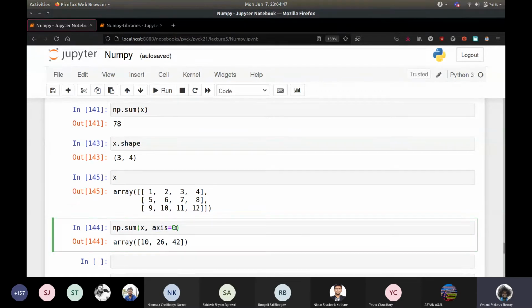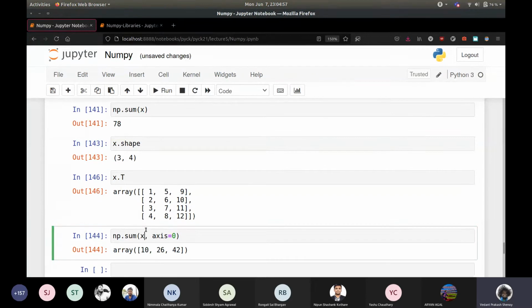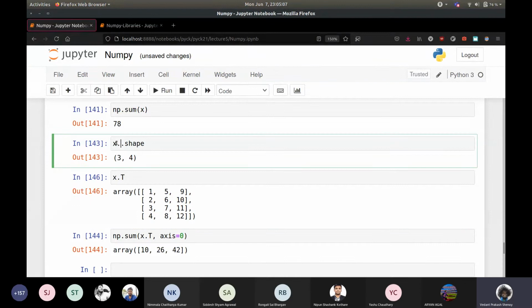Yeah, I'd suggest playing around with this. You have the code right now to see how it happens. You can do it with different things. So if you have x.T, which gives you the transpose, that gives you something else to play around with. If you do np.sum(x.T, axis=0), what do you expect? Let's just do x.T.shape, which will just be these things interchanged. It will be 4, 3.